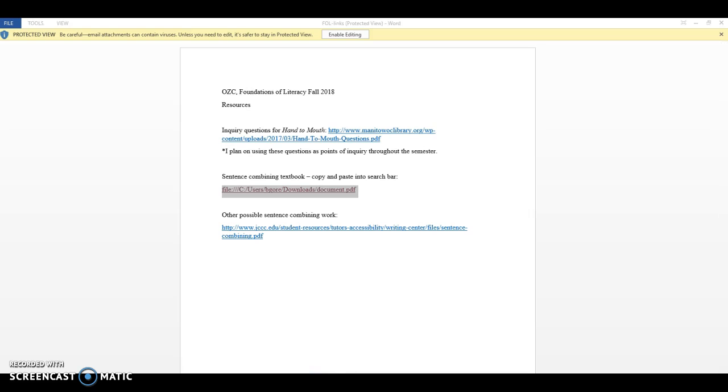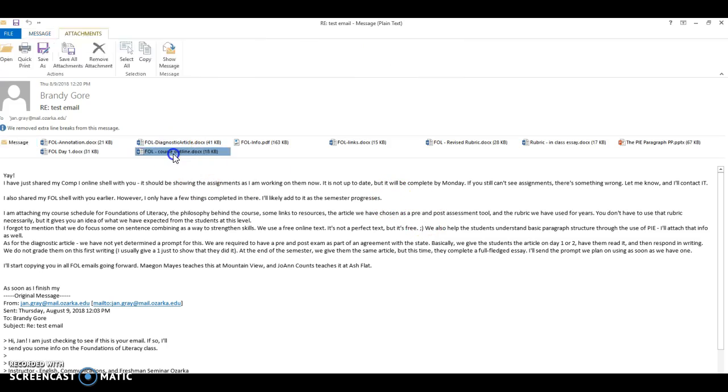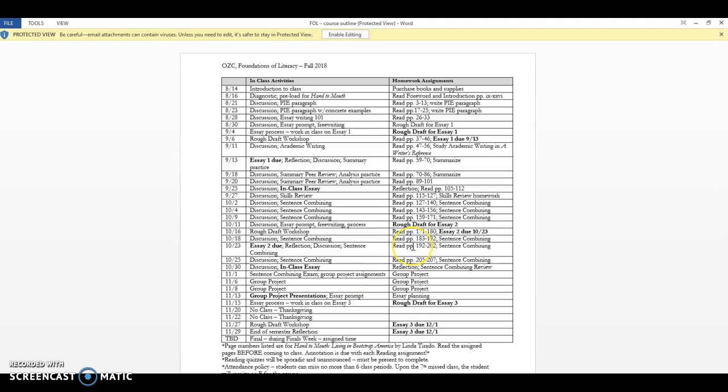Okay, let's see. Oh, back to the email. I shared with you my course schedule. I always make an old-fashioned course schedule just so that my students have a hard copy to compare to maybe the shell. This is definitely needed for this semester because I don't have everything put in yet. We're having to do a lot of new things when it comes to assignments, and so I'm just starting over since we have 2 new texts.